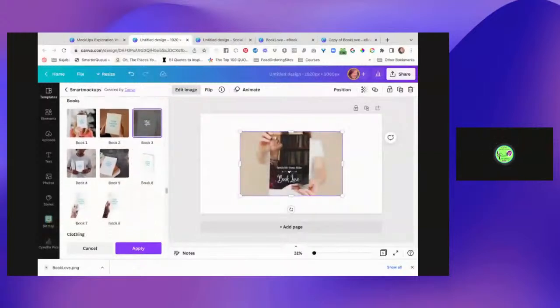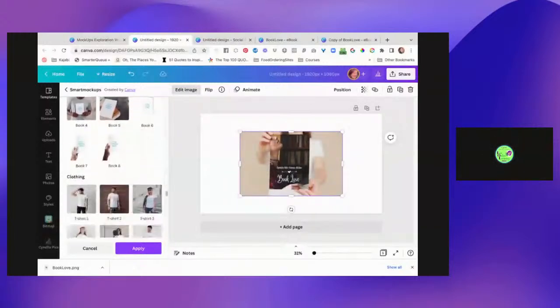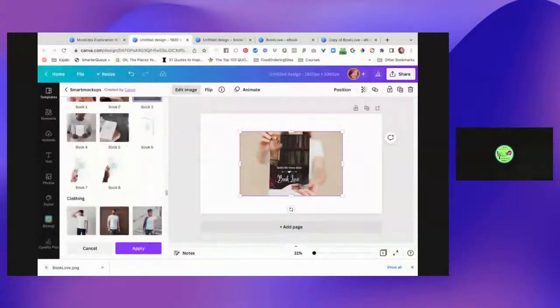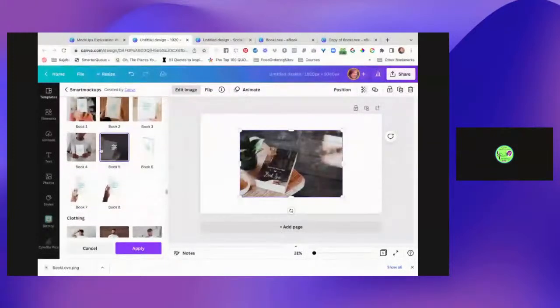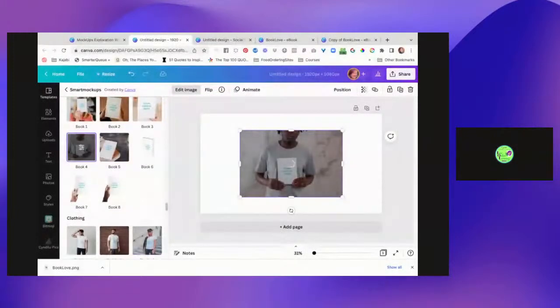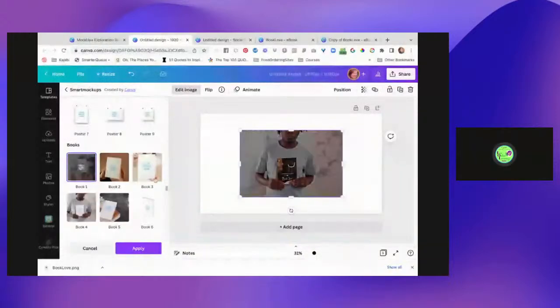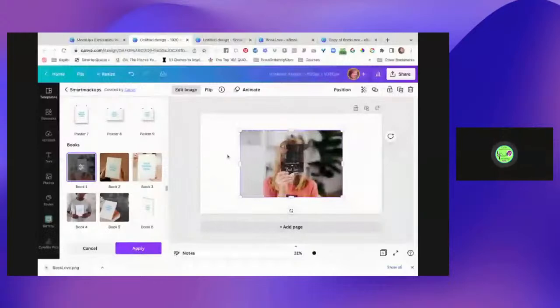Now it has everything on it. So it doesn't seem like there's a lot of choices in here for the different book designs. Is there more somewhere? No. Okay. So this, all right, so now I'm going to go to